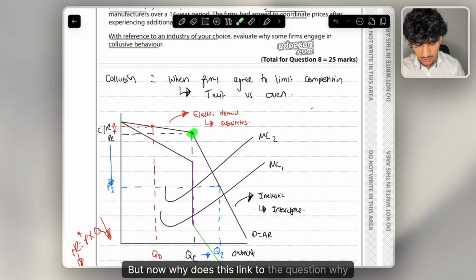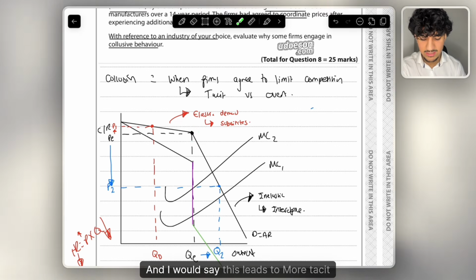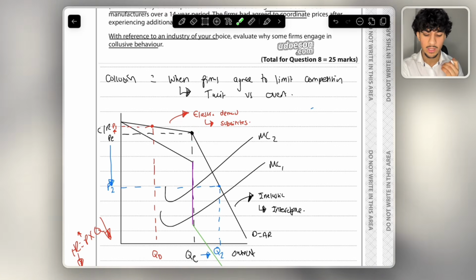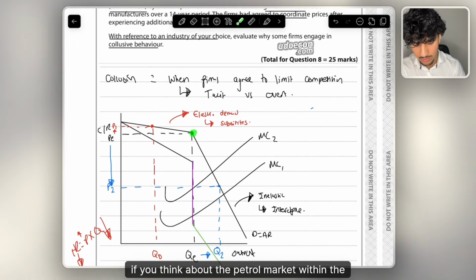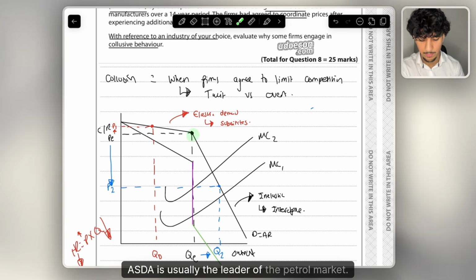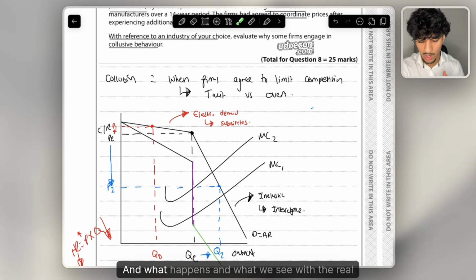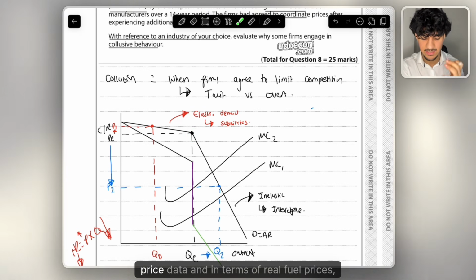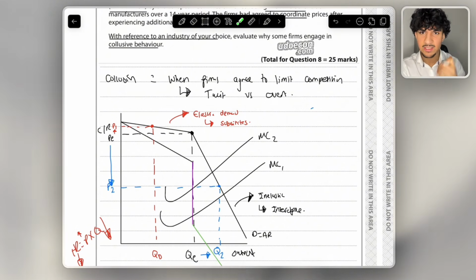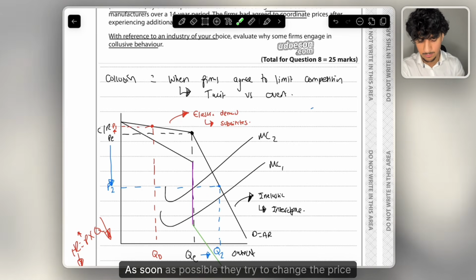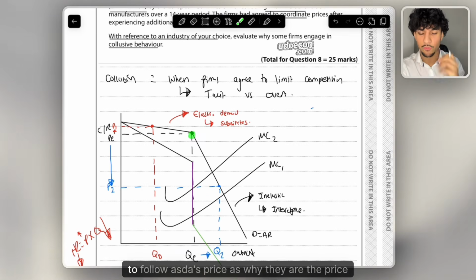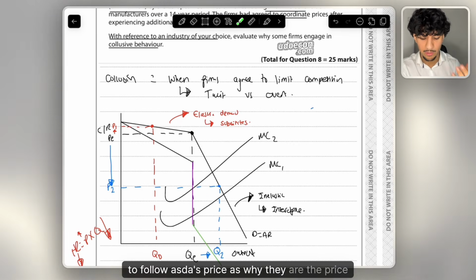But now, why does this link to the question, why does this lead to collusion? And I would say this leads to more tacit collusion, so the non-illegal collusion. Why is that? As for example, if you think about the petrol market within the UK, Asda is usually the leader of the petrol market. They're the price leader. And what we see with the real price data and in terms of real fuel prices, whenever Asda change their price, Tesco, Morrison, Sainsbury's, they all in real time, as soon as possible, try to change their price to follow Asda's price, as they are the price leader,